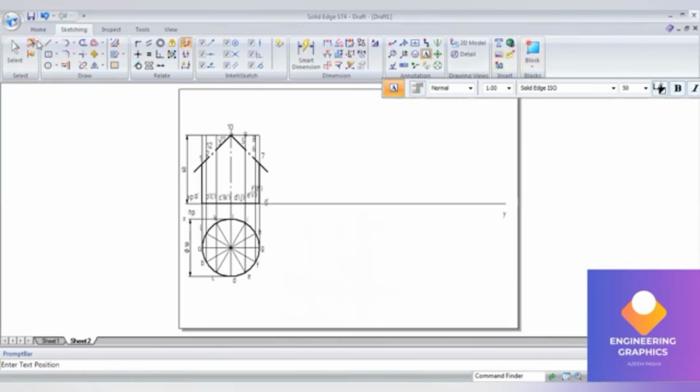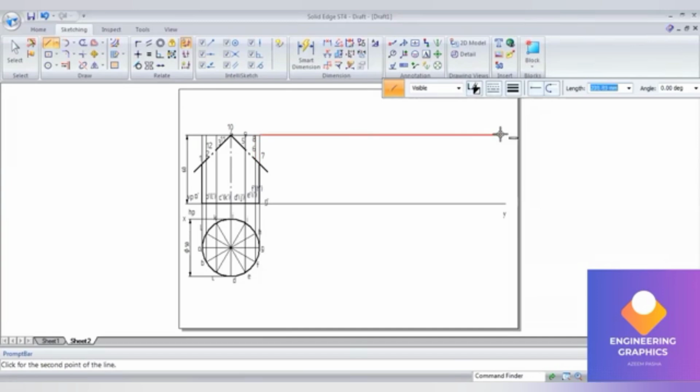The line has to be drawn parallel to the axis, parallel to the XY line here. Okay, now using the offset command,